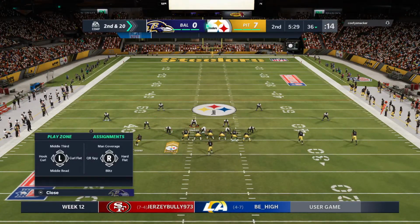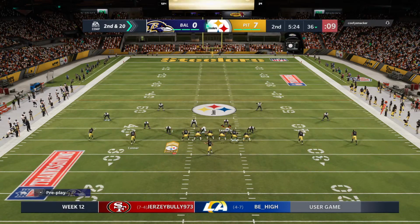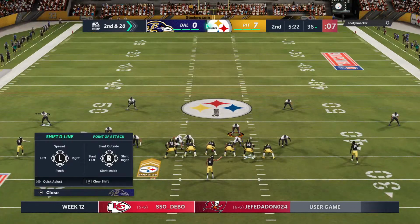Work to be done. Hey, 91, 48 for Mike. Hey, let's get that ball, man. Let's get that ball